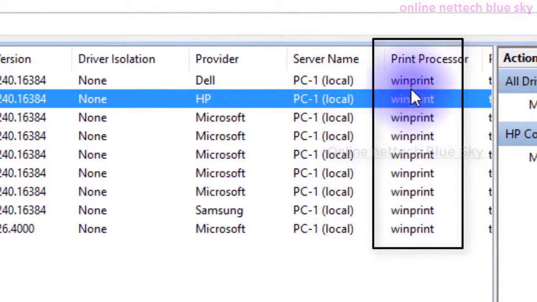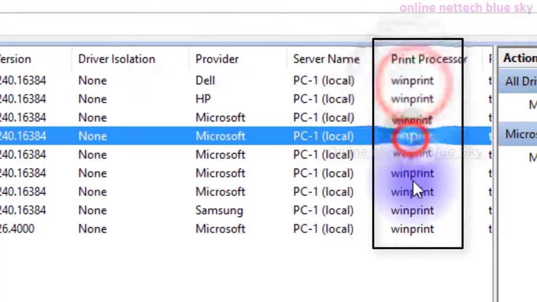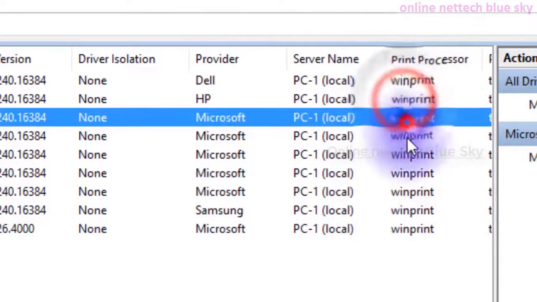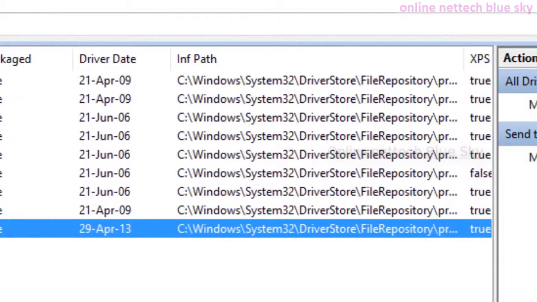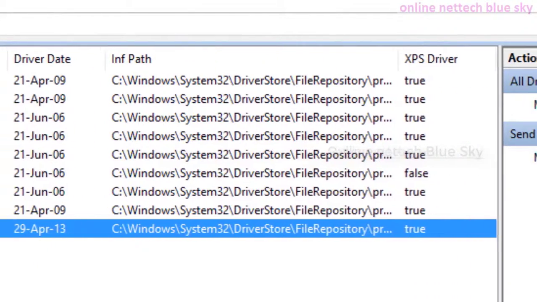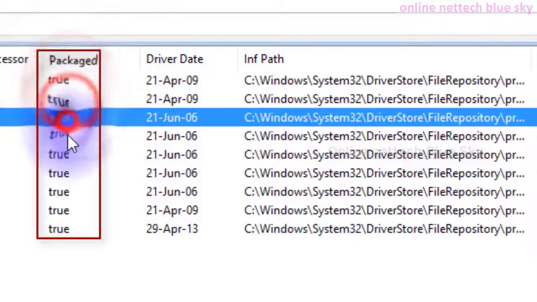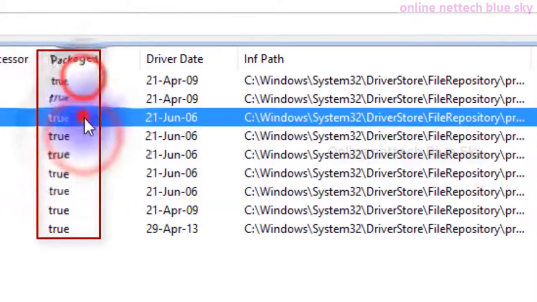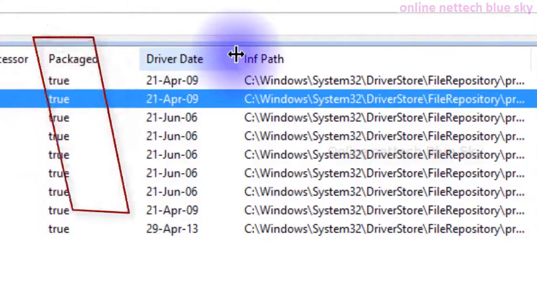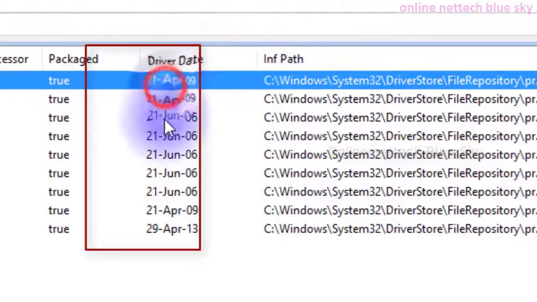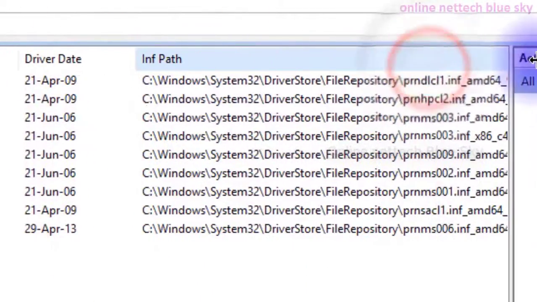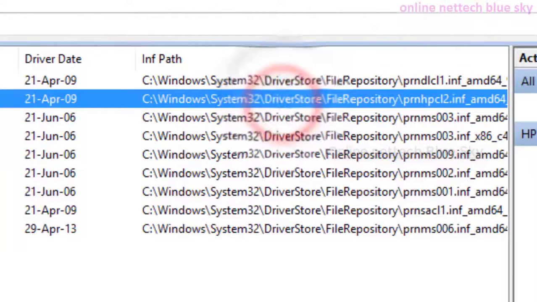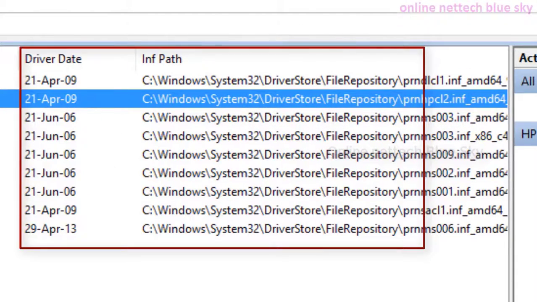I have already created my printer playlist, so check it. Okay, so for the printer you can see the print processor here. First, check the package that completes all of my printer work here, and the driver date means my printer driver is completely installed. You can see this date I already installed, and this is my printer driver file.